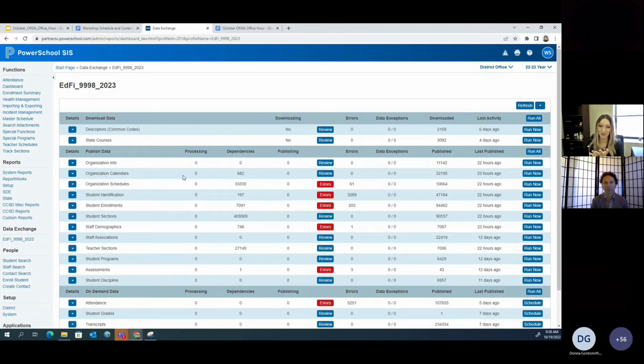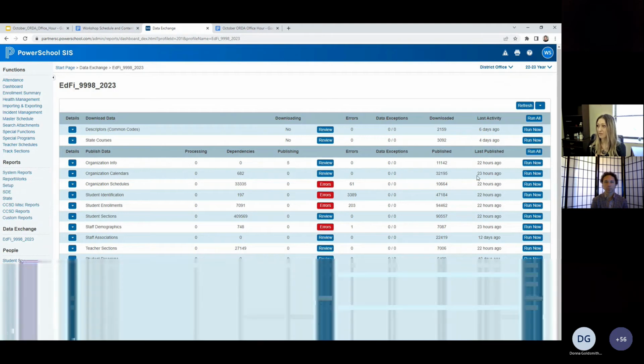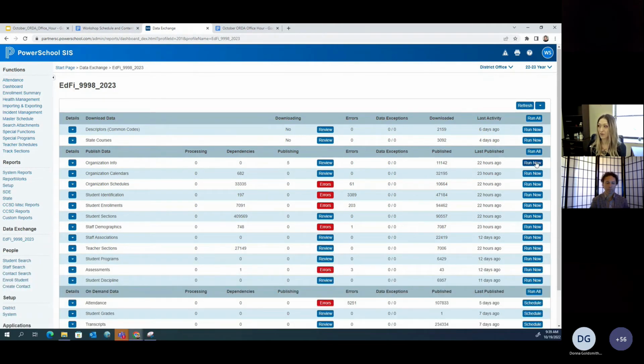Another reason, aside from the fact that I thought it would be quicker for the purposes of this webinar, to start right at the top is because that's best practice. If you think about how the publishing works, most of these are dependent on something above them, so starting at the top is going to be better. We're going to get a more accurate view of what's going on and more accurate errors and dependencies. If you hit run now, you might get some stuff hung up in dependency and end up having to republish. So we don't really want to do that. All right, I'm going to refresh one more time.